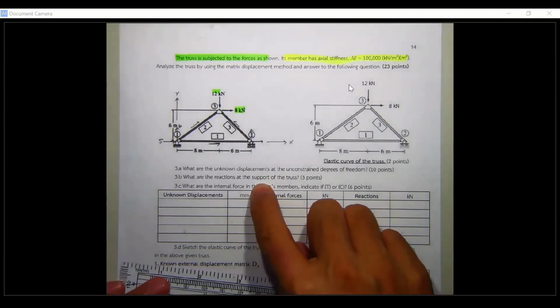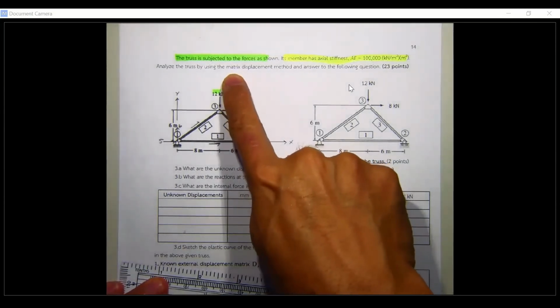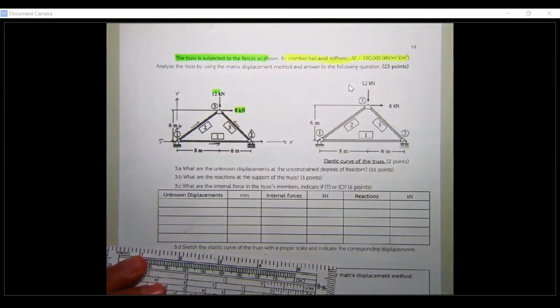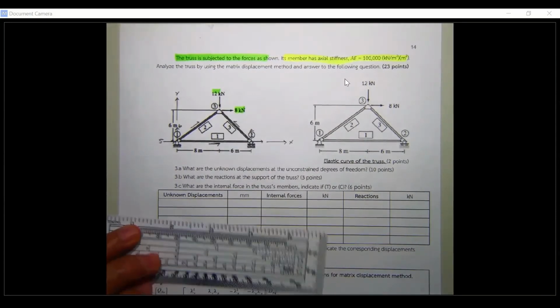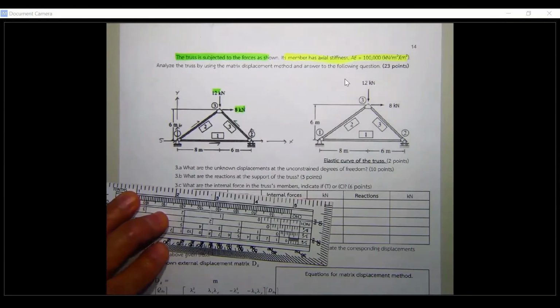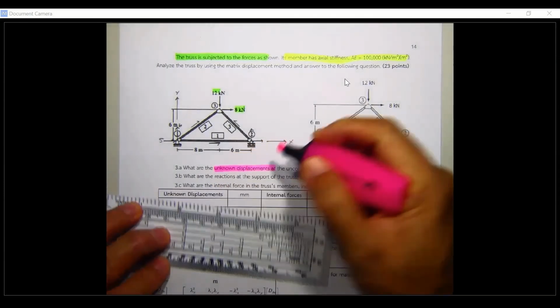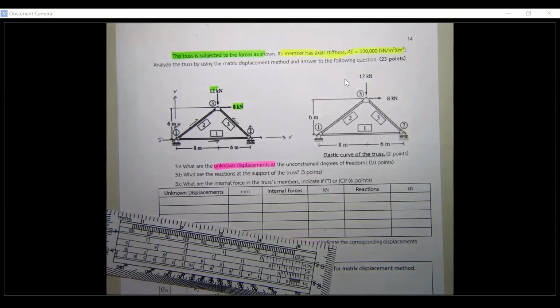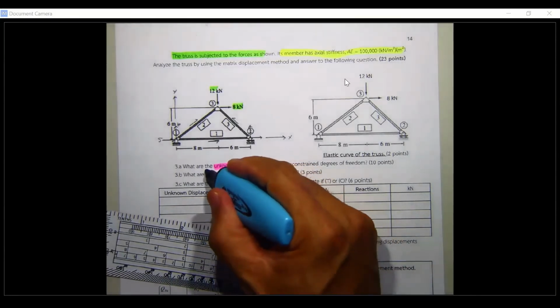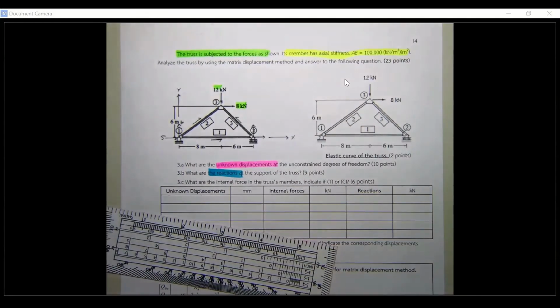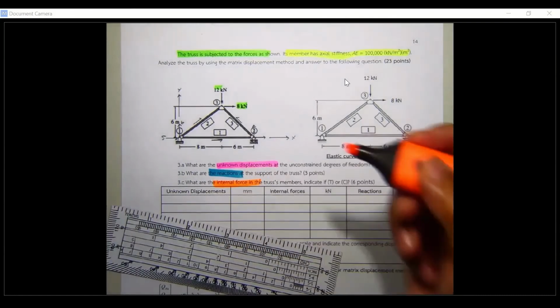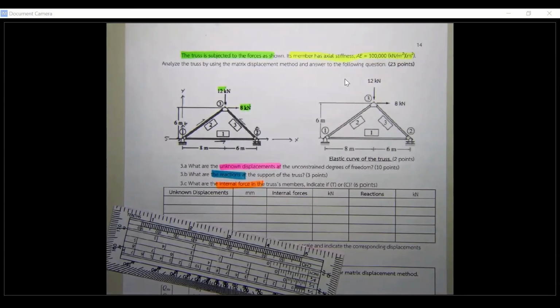You have to do the analysis by the matrix displacement method. And then what we are going to do again is start by considering the unknown displacements, and later you calculate to determine the reactions, and the last one you calculate to determine the internal forces. Okay, the steps are going to be the same as before, but before you start, you've got to